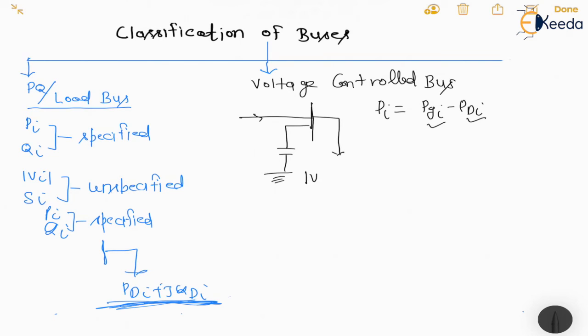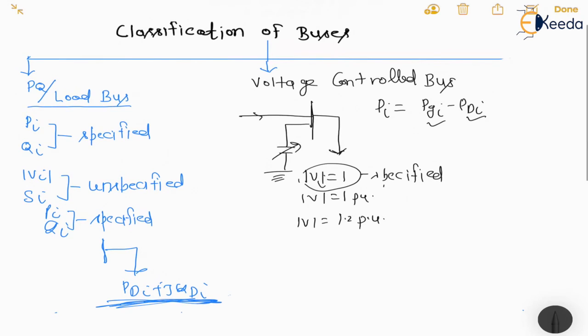So whenever we find the voltage control bus, we will see that voltage will always be specified. It can be specified as 1 pu at first, and second you can keep 1 pu, or we can also keep V equal to 1.2 pu, meaning you have to specify the amount of voltage we are going to fix. So now we can see in terms of voltage control bus. What is a voltage control bus? For a voltage control bus, V needs to be specified. This is the first condition. We need to specify Vi.